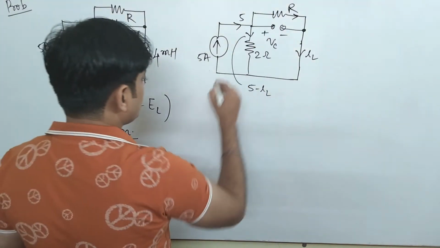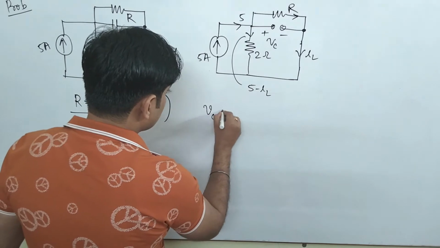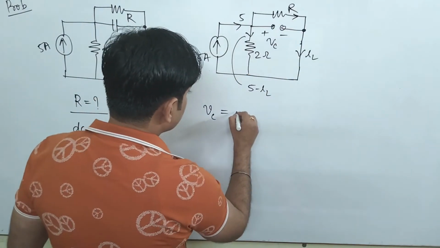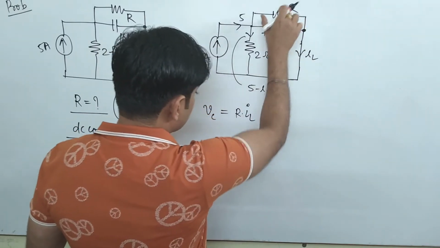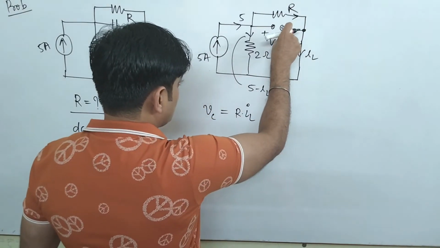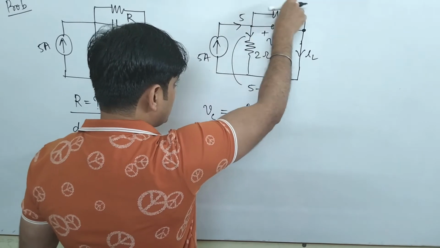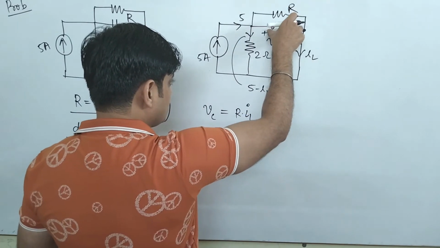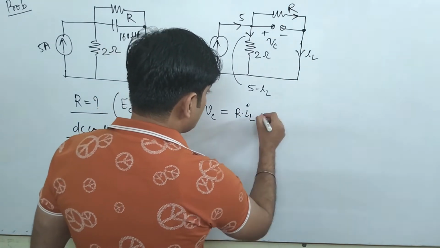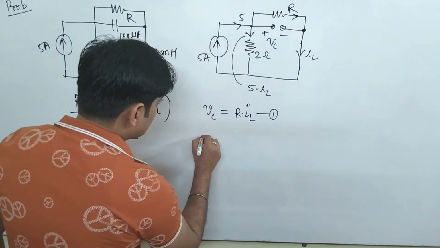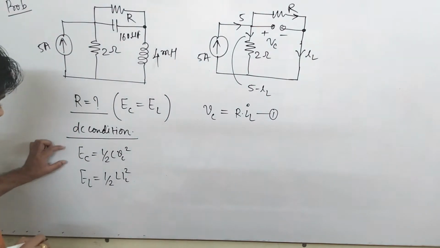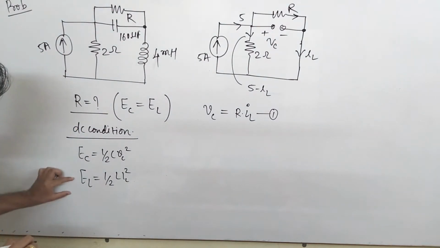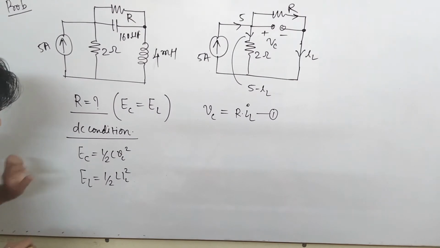From here you can find the value of voltage, that is VC. Just apply one loop, so that is R into IL. This is the voltage across the capacitor VC, that is R into the current flowing. This same current will flow here because of this open circuit, so it is R into IL. Say this is your equation first. Similarly, can you find this is our VC. So from this equation, can we resolve and find the value of R?